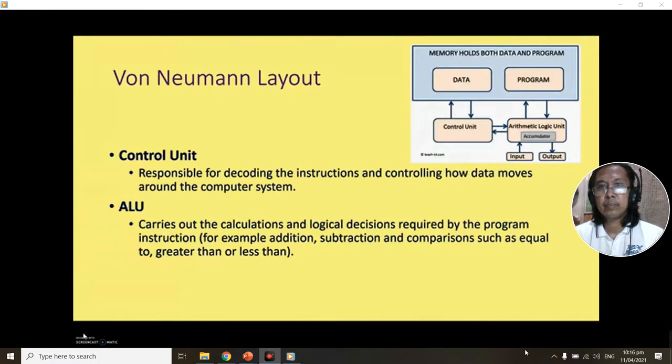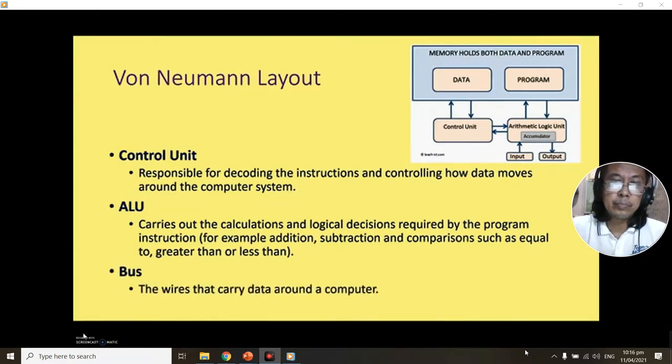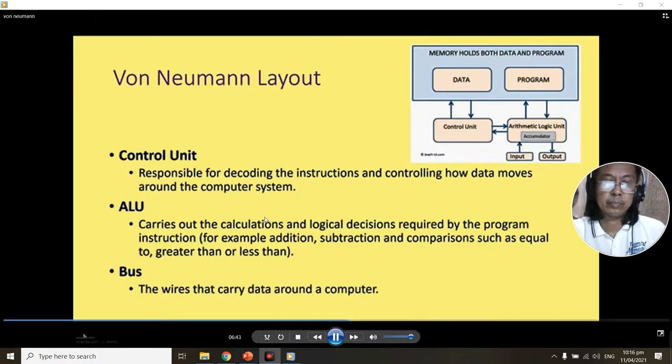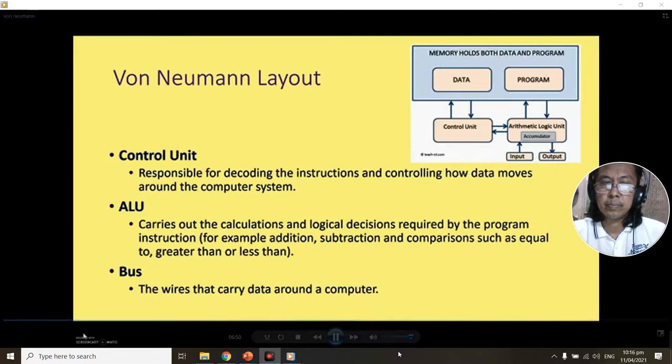It does all the addition and subtraction, all the greater than, less than, all really the key processing that we think of when we think of a computer system. We also need to transfer data around our computer system, and we do this using buses. And buses are simply the wires that carry the data around the computer. In this diagram, they're denoted by